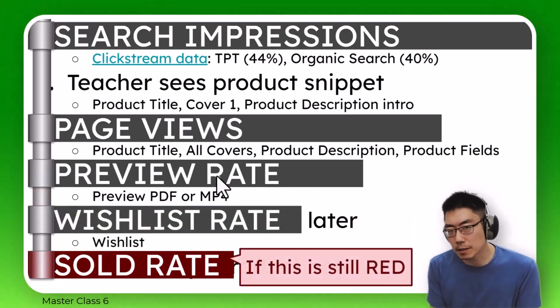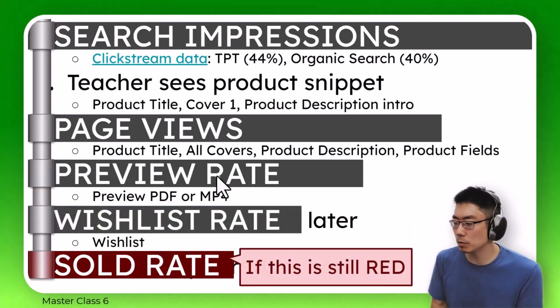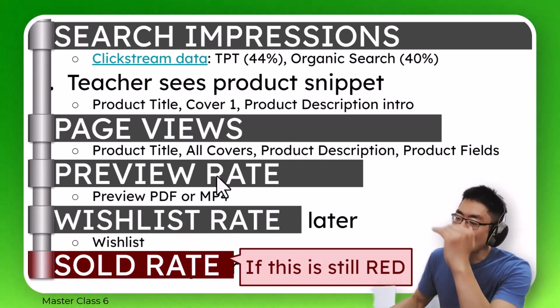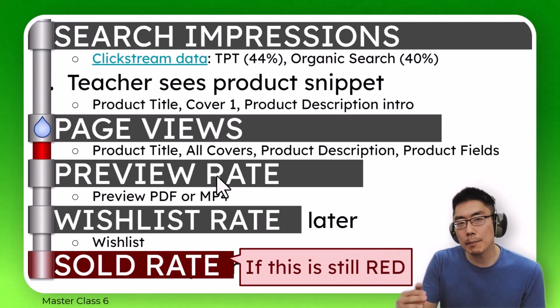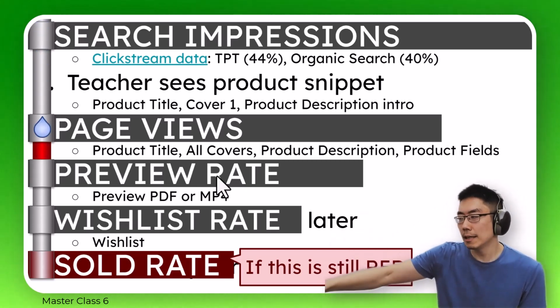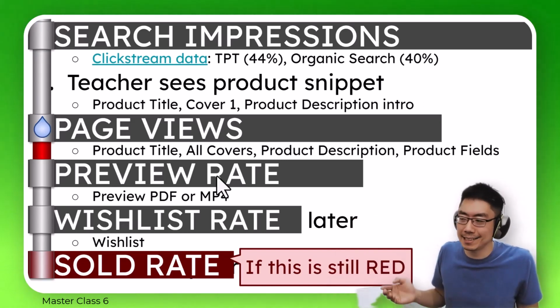So some of us do that. We improve our preview, but we don't see an improvement in sold rate. So if that's still the case, maybe you need to go higher up in the pipe. And maybe the problem actually is a step before the preview. The water's getting blocked because they looked at your product description, but they decided, it's not really worth my time,